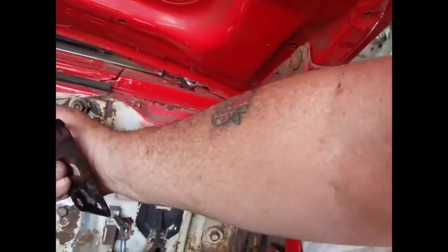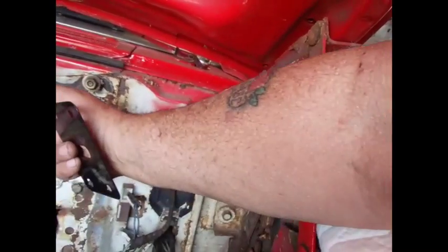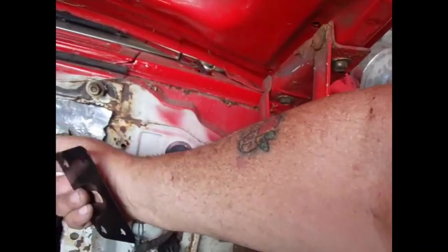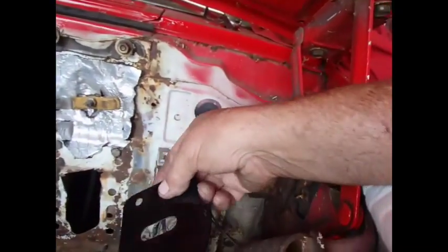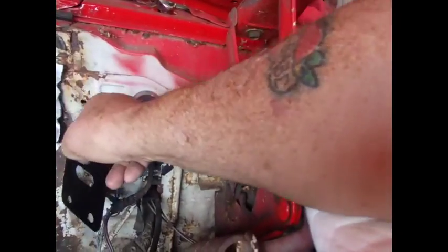So what's going to happen is that is going to mount here, and then the booster is going to come up here and sit on the other part, and that little wiggle arm is going to work the booster so that your brakes and stuff sit out in here. Now this thing has a hole here, hole,